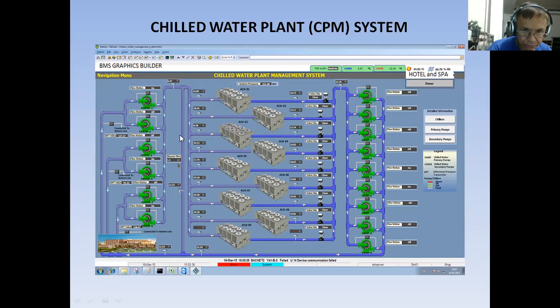I'm monitoring the temperature at the header, and I'm also monitoring the temperature at the bypass line. This is the bypass line, then the header. Then I'm also monitoring the temperature going to the load. As you can see, the secondary pumps are the ones distributing the load to the building.